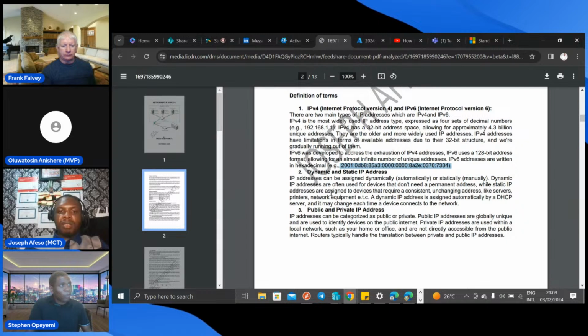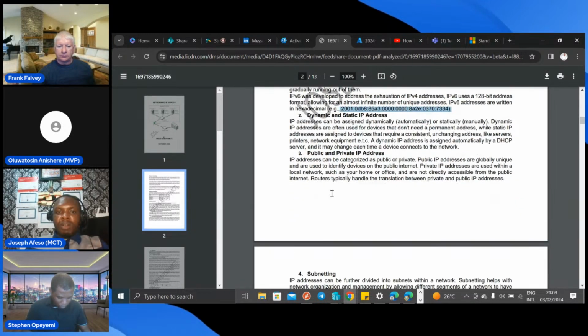You want it to have a static IP, let's say a printer. But dynamic IP addresses are assigned by a DHCP server, and it may change. Let's say, for example, a particular device on the network that is used by a user, let's say a client's computer, can decide to change IP if you flush the DNS and you connect it back to the network. So you can have it change, but you don't want to change your file server from .10 to .11 tomorrow and .12 the next day. So you want that to be static.